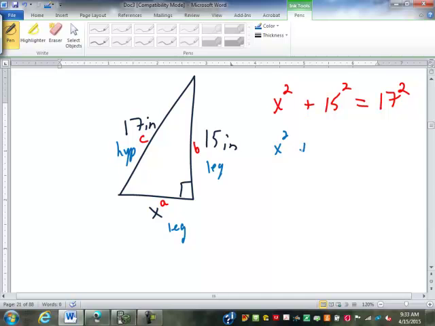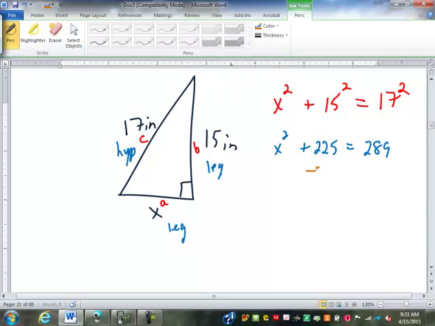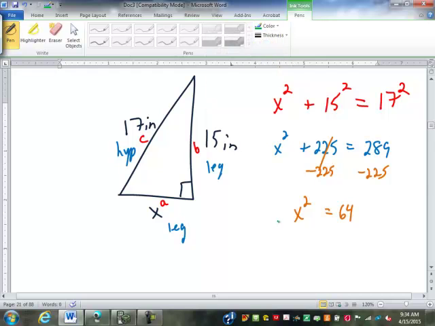So I'm not going to do anything with x squared. 15 squared is 225. 17 squared is 289. And then we're going to subtract, minus 225. Subtracting 225 gives us 64. x squared equals 64. So we're going to square root to get that x equals